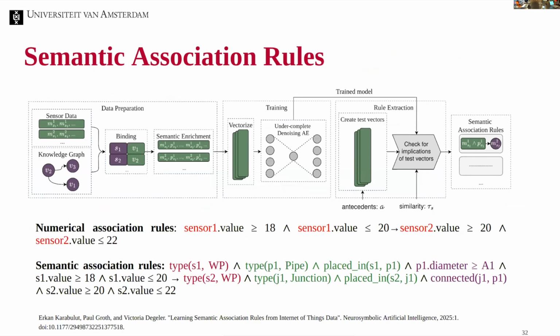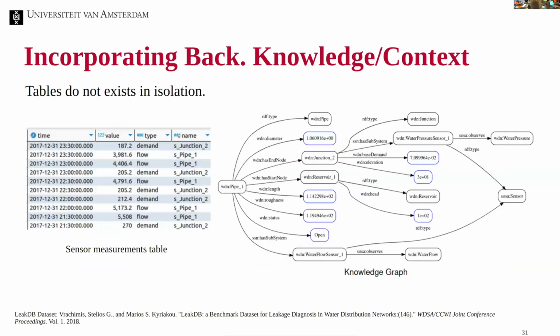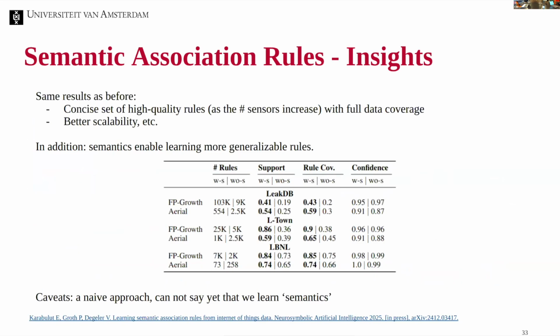But if you also do the semantic enrichment from a knowledge graph, what you could get is that, let's say there is an S1, which is of type water pressure sensor, and there's a P1 that is a pipe. This water pressure sensor is placed inside this pipe. The pipe has this diameter. So what we do right now is we describe a certain part of this knowledge graph and then say that whenever you see this holds in your graph, this rule is applicable. So we get rules that are not just applicable to individual features, individual columns, but more generically applicable to the data in comparison to using the tables only. Then you basically need fewer rules, and these rules have higher support and coverage.